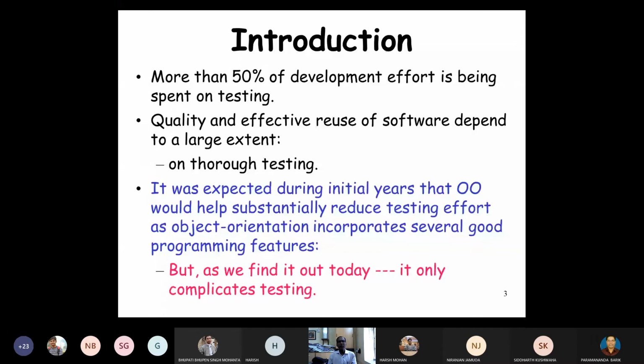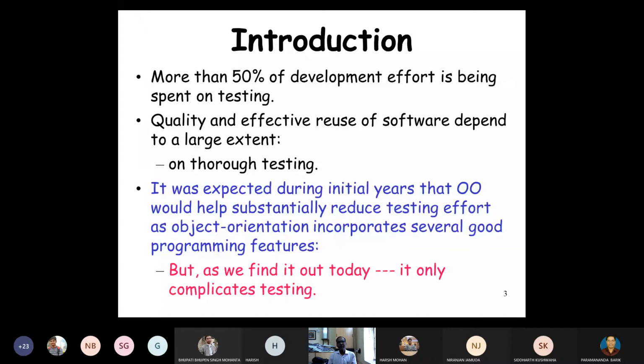You know that the quality and effective reuse of software depend to a large extent on thorough testing. That will guide you, that will say what the quality and effectiveness of your software will be.